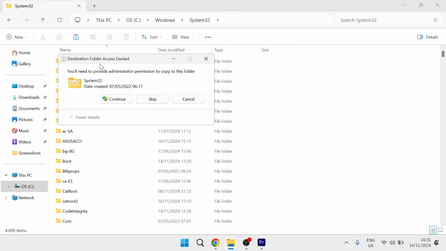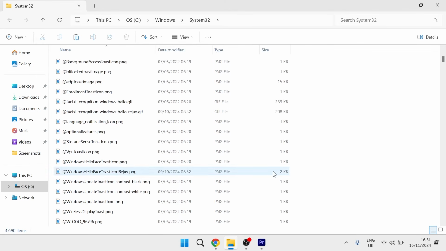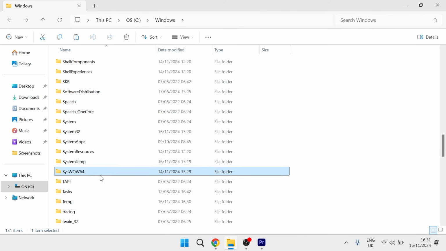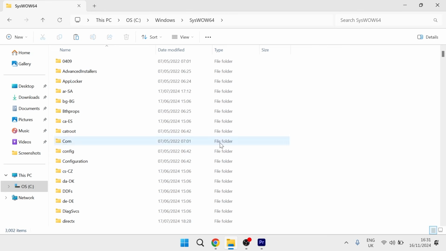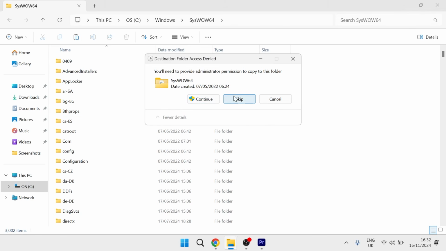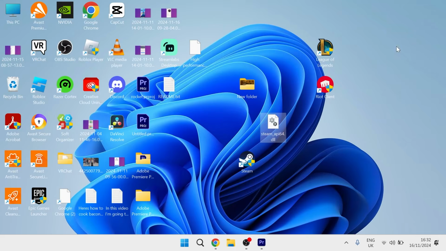And if you get the security message pop up, press continue. And then once you've pasted the file inside of this folder, you then need to click on the back arrow, scroll all the way down to syswow64 and double click this. And once again, we're just going to right click on the white space and press the paste icon, and once again press continue. And then once you have the file in both of these two folders, you can close out of this window, and that should have now